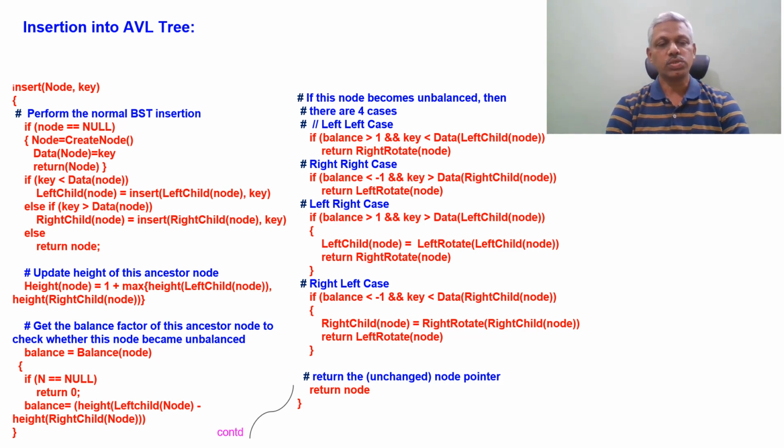So these are the 4 cases. Once we calculate the balance factors, these 4 cases may arise, and based on the balance factor and the observation on key, we can perform any of the 4 cases. Once this is done, just return the node. Actually, this is a recursive algorithm because while inserting, we are calling insert on left child of node if key is less than that, and if key is greater than that, we are calling insert again on the right child of the node. So this being a recursive algorithm, whenever a new node is added, all the balance factors and heights are recalculated, and based on the balance factor, these 4 cases can be observed, and with the addition of these rotations, balance can